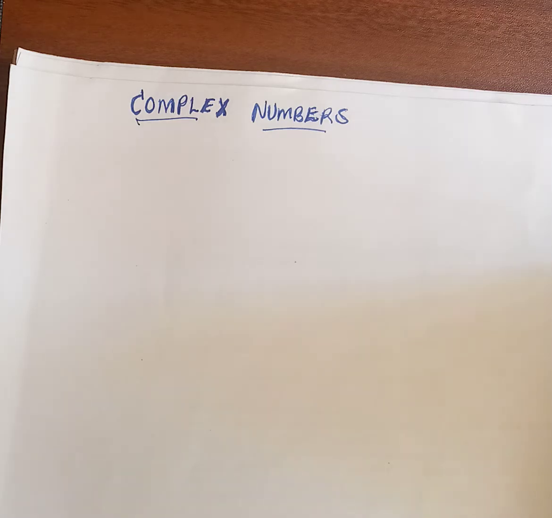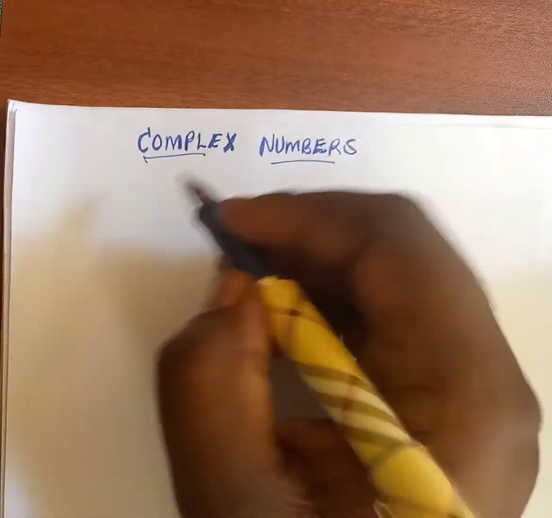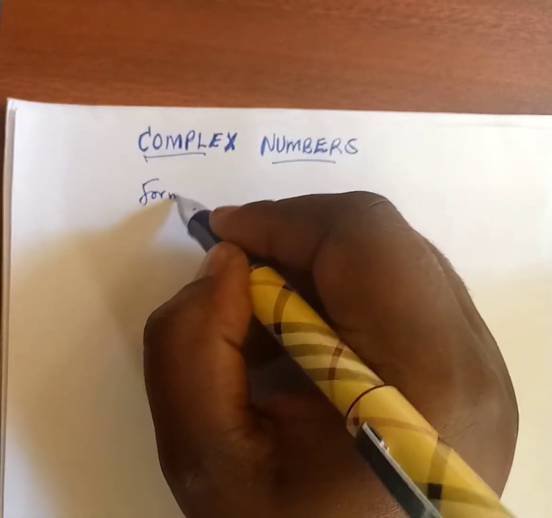And therefore, without wasting any time, we will ask ourselves, what is a complex number? A complex number, just as the name suggests, is a combination of a real number and an imaginary number. And therefore, a complex number is a number that can be written in the form